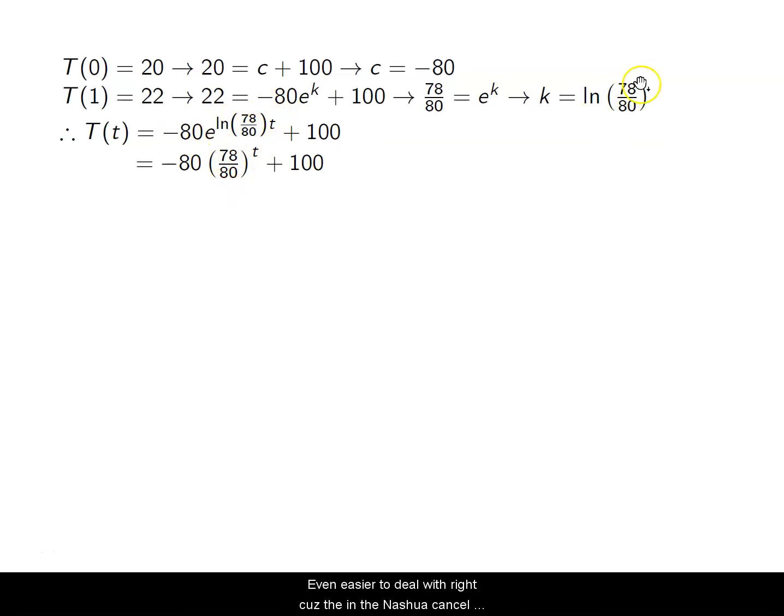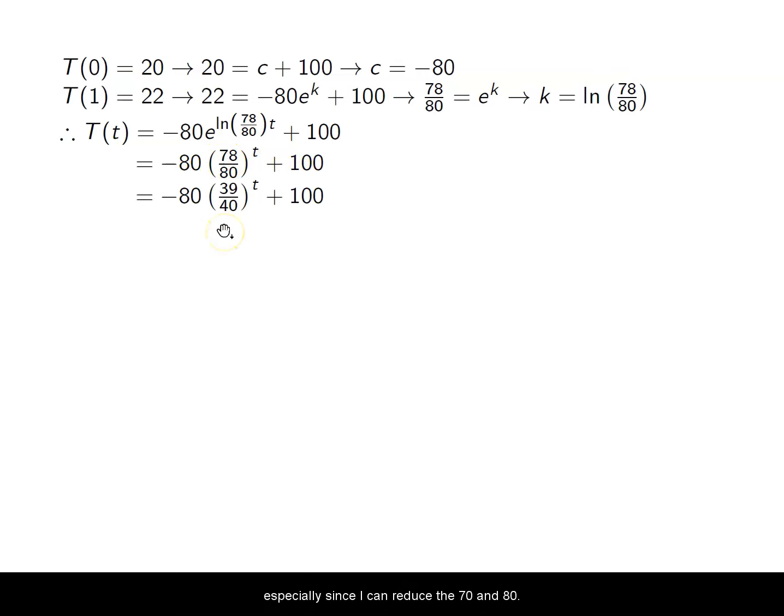Because the E and the natural log cancel. Whereas if I kept K as a constant, well, it is a constant, but a decimal approximation, I would have kept it in the exponential form, which is fine, right? But this will probably be a little bit easier to deal with, especially since I can reduce to 70 and 80. Okay. And so I get the following, right? So this 90,